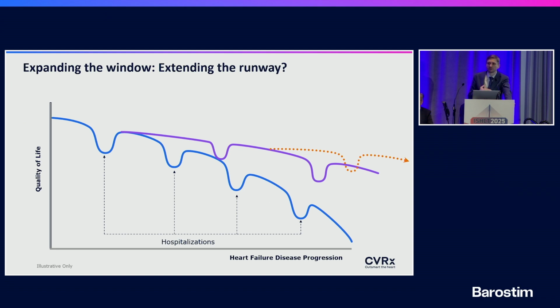Can we make sure that we delay the need for secondary interventions for those patients? And you've heard us talking about it yesterday on the more advanced side, but this window, as it turns out, is a lot wider than we used to think about it. So that actually